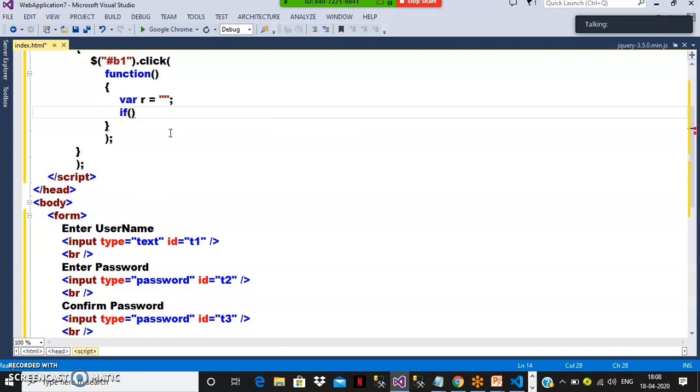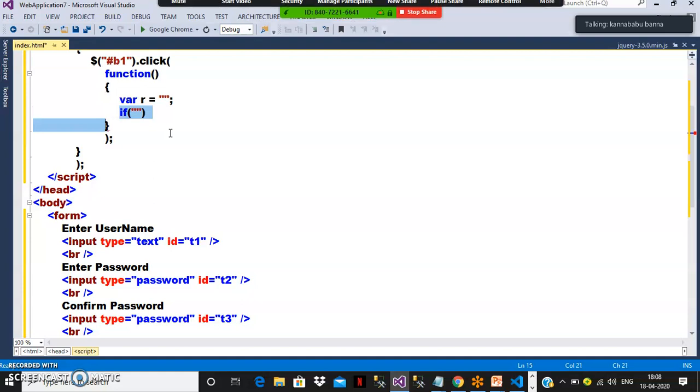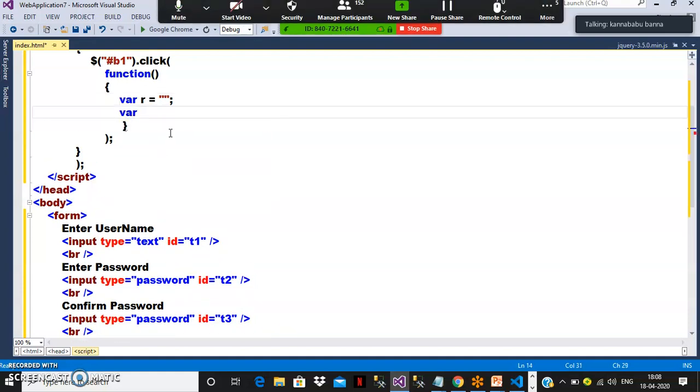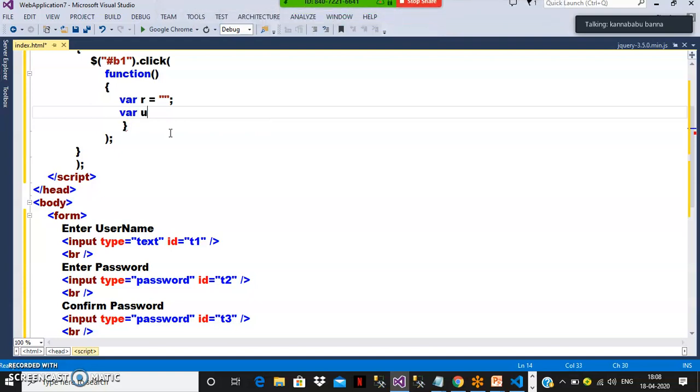I will catch all the values and store them in variables. I will declare var uname is equal to dollar hash t1 dot val, catching the value from the text box.